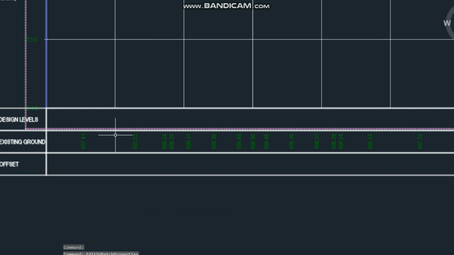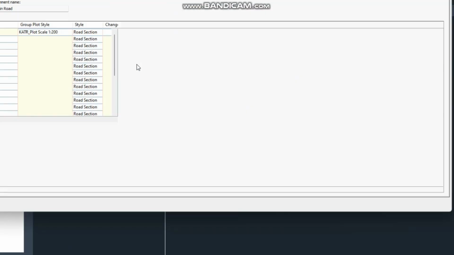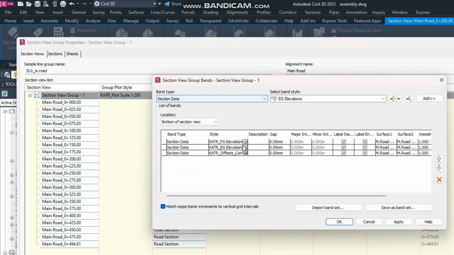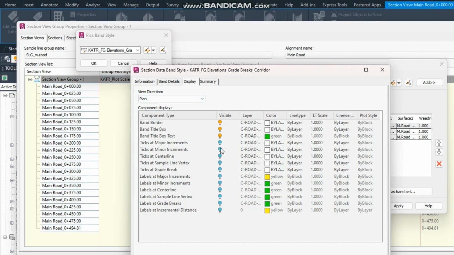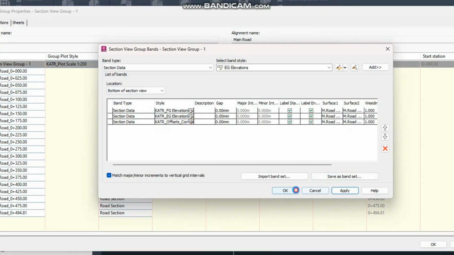same like the profile band. You can adjust it. If I increase it from here, if the size increases, it will not show clearly. Okay, now you can see the existing ground level and the proposed ground level from here, from the center. You can see that. Okay, if you can see here, the NGL is above and the PGL is below. So the NGL is 35.667, and here from here, if you go inside the band, edit band